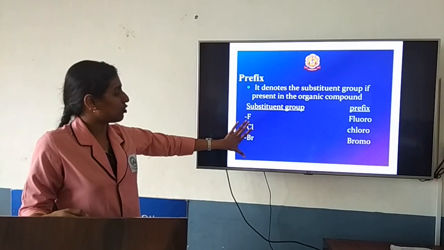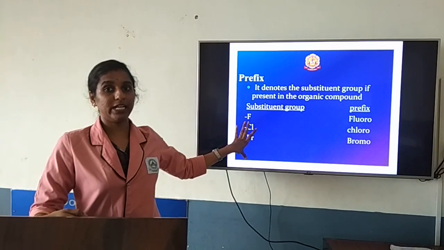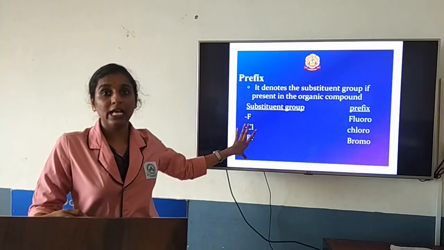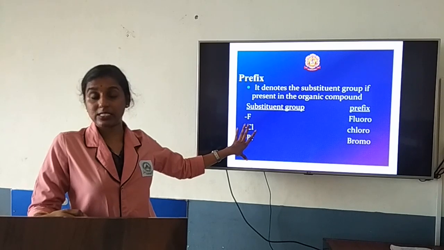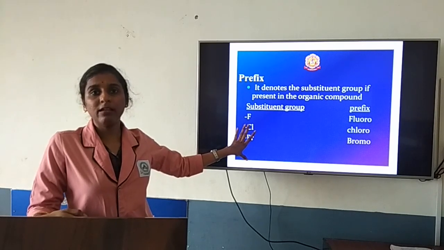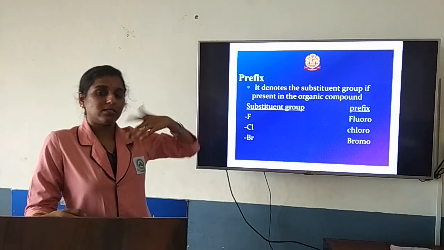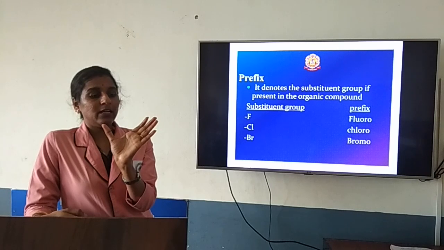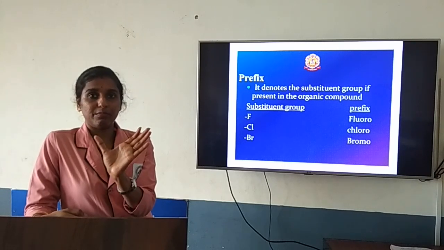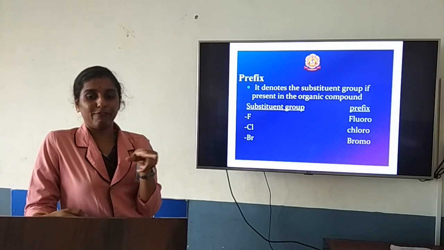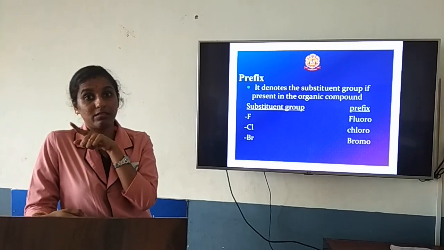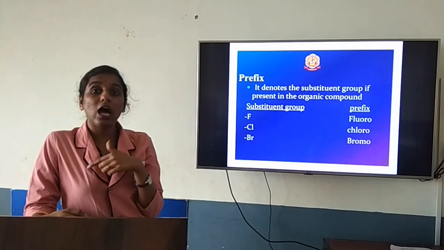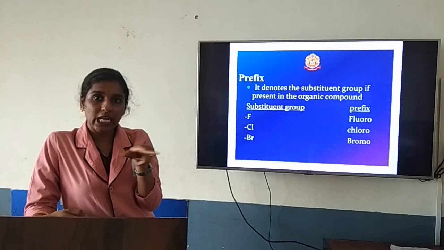These are the substituent groups. As I told you, if halogen groups are present, those will be given as prefix. Remember, halogen groups, nitro groups and so on can be given as a prefix. And from an alkane group, if one hydrogen is removed, that is considered an alkyl group. Understood? For example, methane: one carbon with 4 hydrogens around it is methane. If you remove one hydrogen, it is called the methyl alkyl group. So instead of naming it methane, it is methyl.